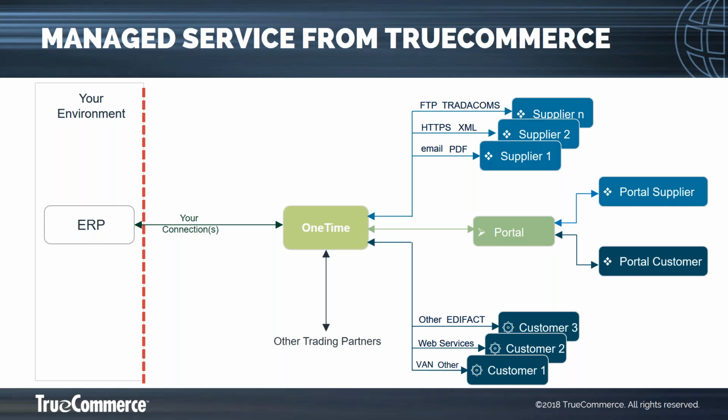The objective here is to keep the client environment as simple as possible, so no software or hardware is necessarily required in the client's environment. This isn't always the case, as we can optionally install interfaces for ERPs like Microsoft Navision and AX, plus Sage and NetSuite. And TrueCommerce delivers its service using the OneTime EDI software application. And this resides on our hosted servers, which are operating across two high availability IBM data centers geographically separated in Warwick and Portsmouth.